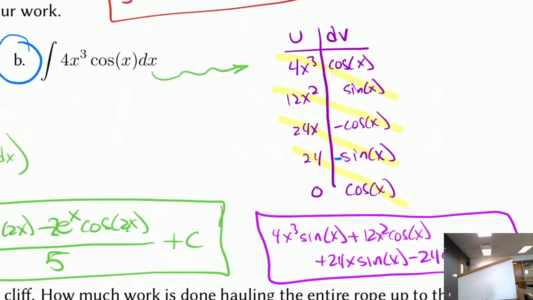So now I'm going to do these diagonals, and I'm going to multiply this times this. And then I'm going to multiply this times this times this. And then I have to remember that the integration by parts formula has a negative built in. So this first one will be positive, then you negate this, then you do a double negative for this one, which makes it positive, and then this one will be negative. I could even put those here, positive, whoops, how about this? Positive, negative,